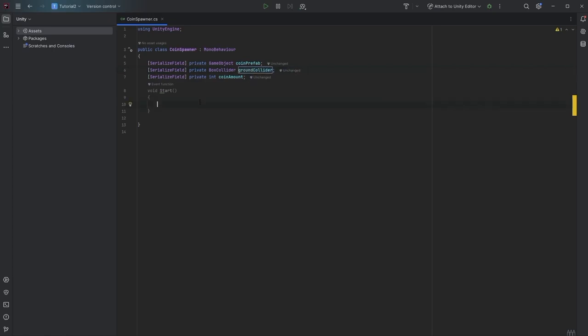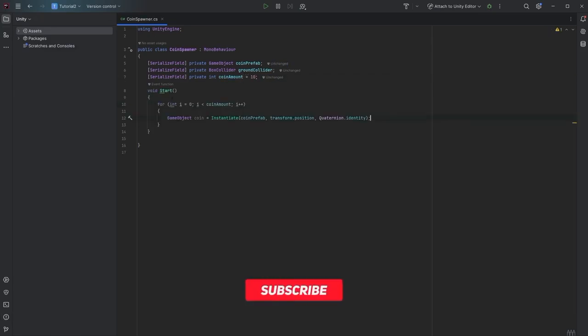So we just have the start position and we position it in the ground collider. So this is our code to create 10 of the coin prefab, and the cool thing is,